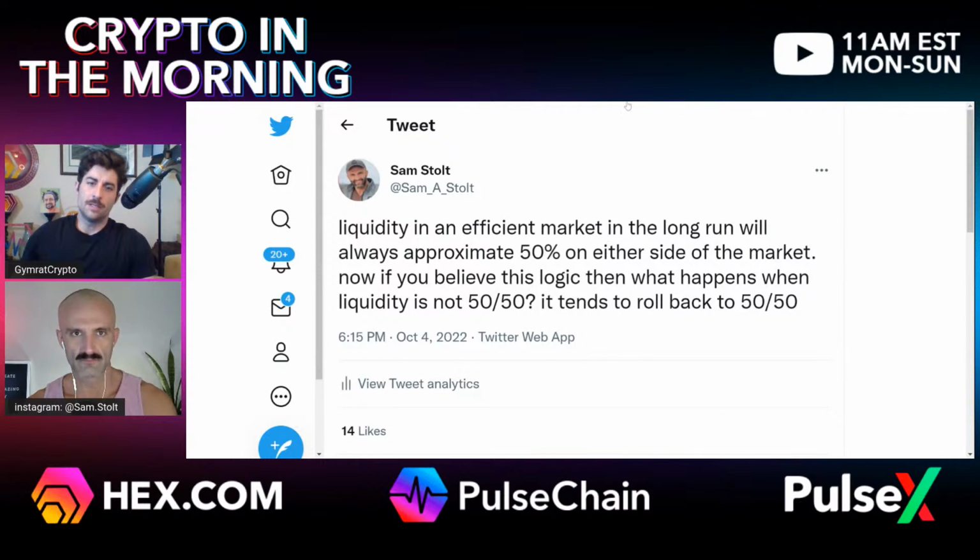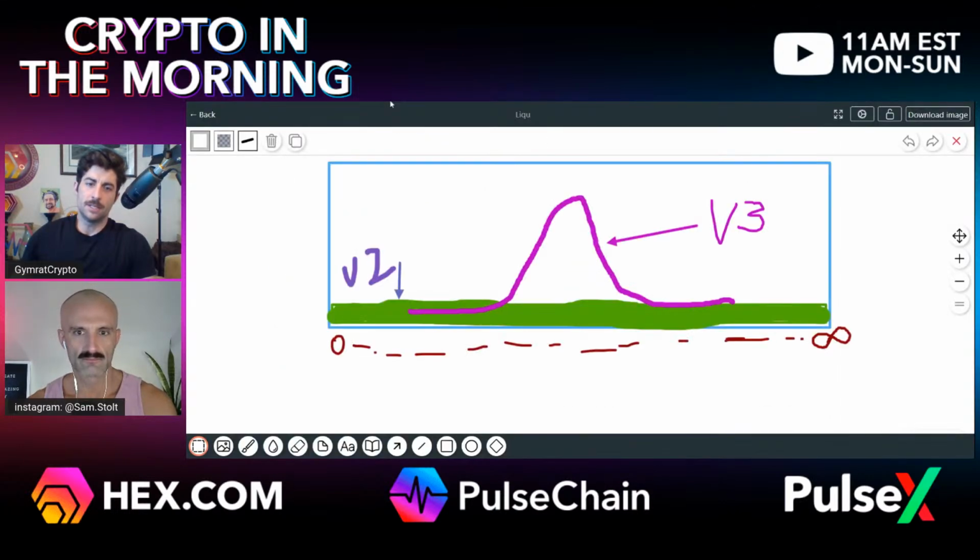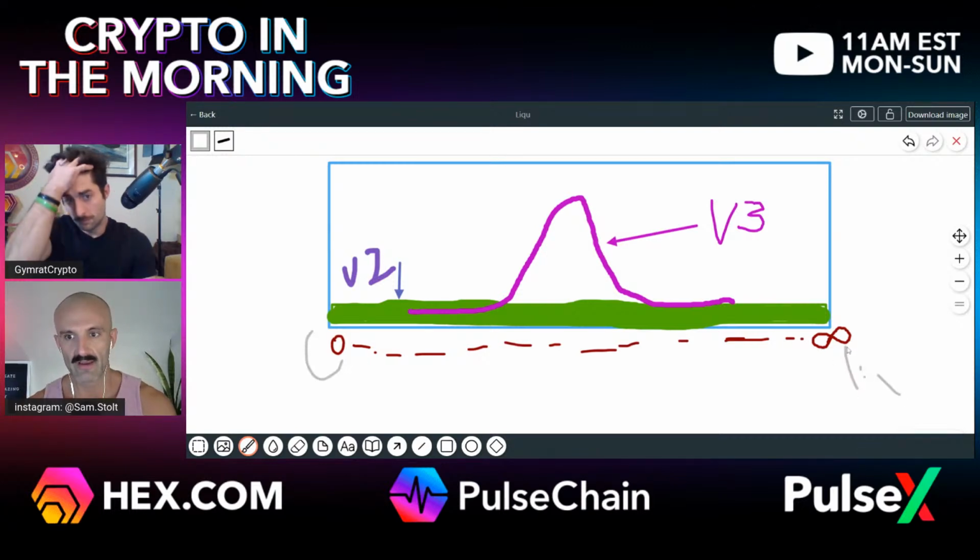Kind of like the GBTC premium. On the bigger scale, the richer guys always look at that GBTC premium. So let's look, Sam, this is great. So I drew this out, right? This blue box you can think of as the possible sets of ratios. You can have a possible set down to 0, like 0.00000, right? That's the bottom number right here. And then you can go up to infinity, right?